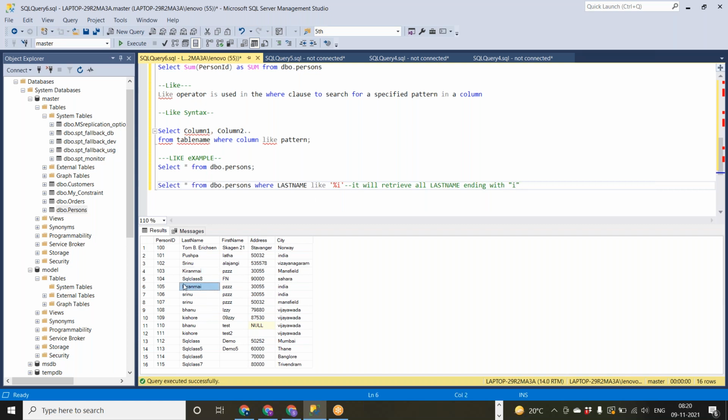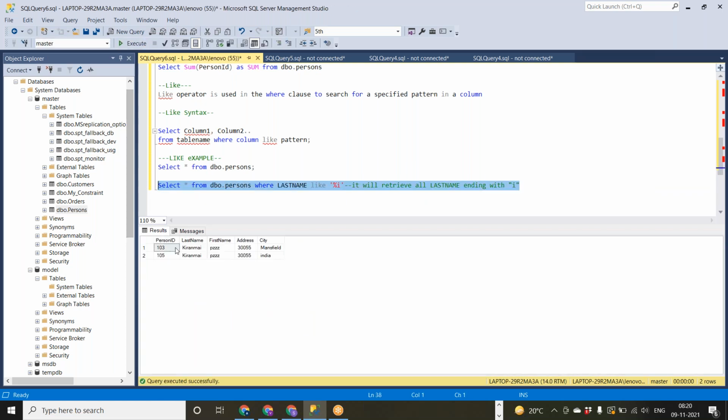So probably we need to get person IDs 103 and 105. Let's see. Yes, you can see this, right?